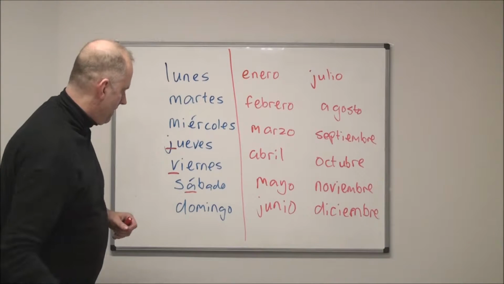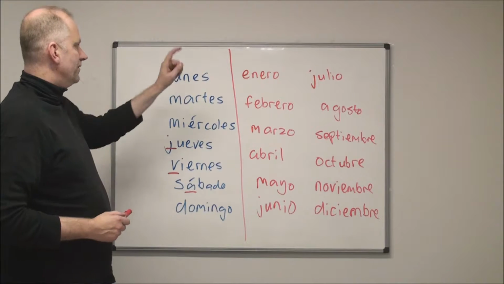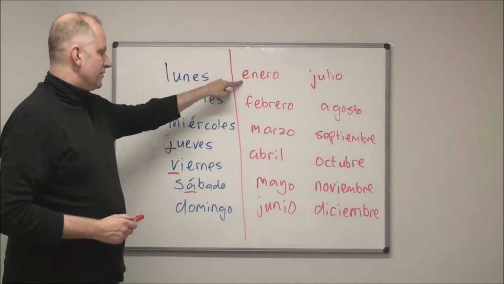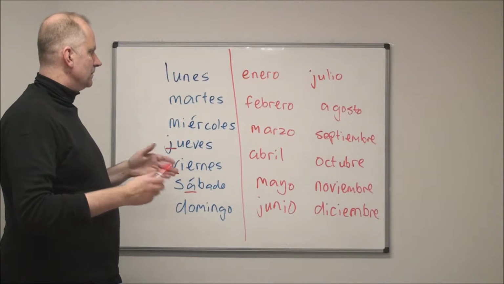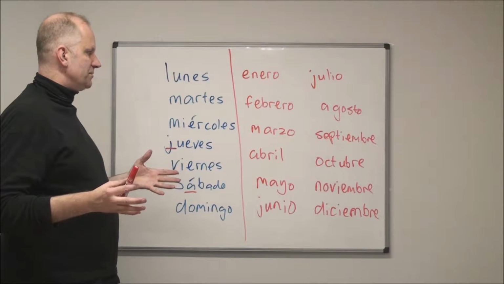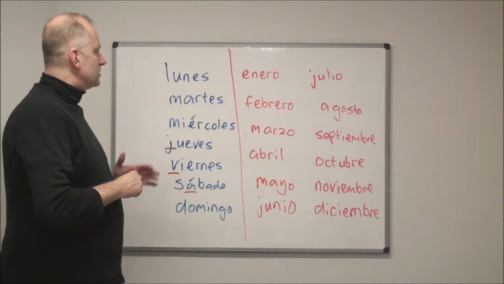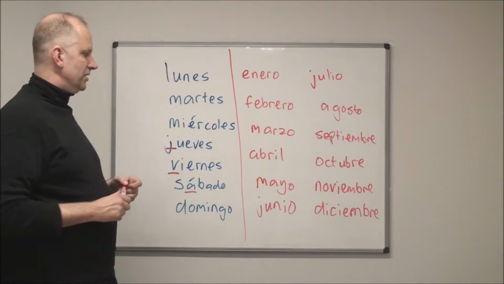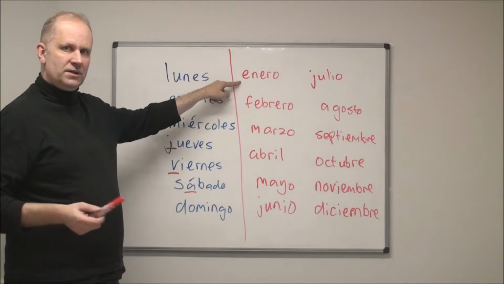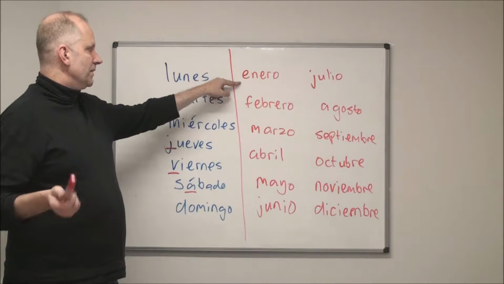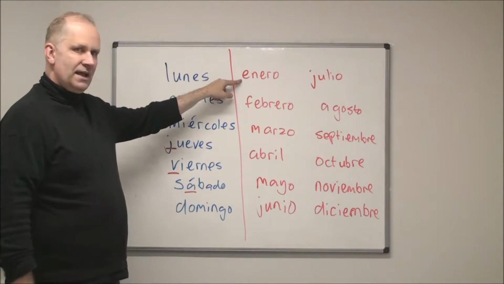Okay, so if we look now at the months, from January through to December, if you hadn't done Spanish before and you looked, they're very similar to how we write them in English. So I'm just going to say the word, leave a little pause, you repeat it, and then we'll move through the months. So enero,